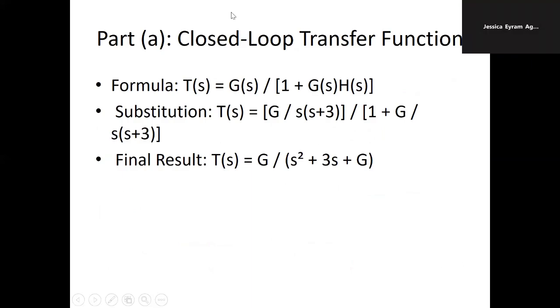So in finding the closed loop transfer function, we first identify our forward path, which has been given to us in the question, and the formula is T(s) equals G(s) over 1 plus G(s)H(s). Yes, and we are going to do a substitution. We've been given unity feedback, H(s) equals 1, so we substitute that into our formula. We have G over s times (s plus 3) all over 1 plus G over s times (s plus 3), and finding our transfer function, we get our final result to be